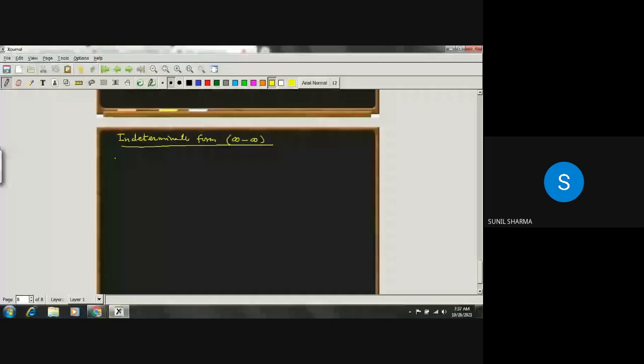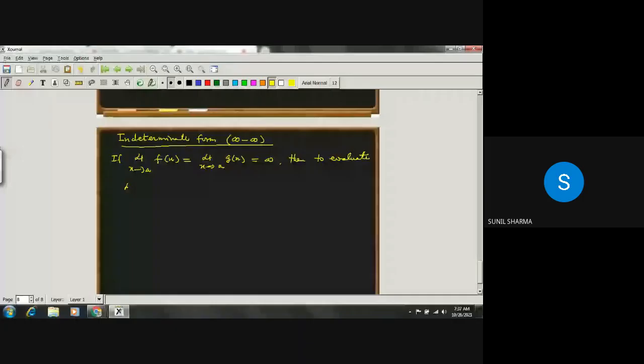If limit x goes to a, f of x is equal to limit x goes to a, g of x is equal to infinity, then to evaluate limit x goes to a, fx minus gx, we write